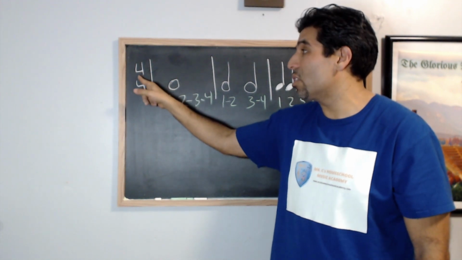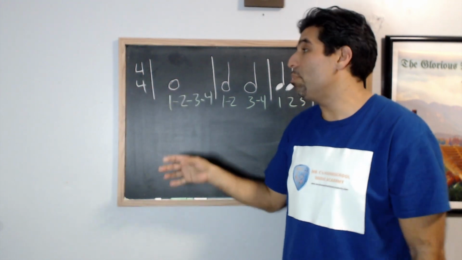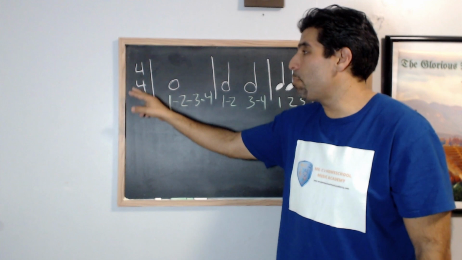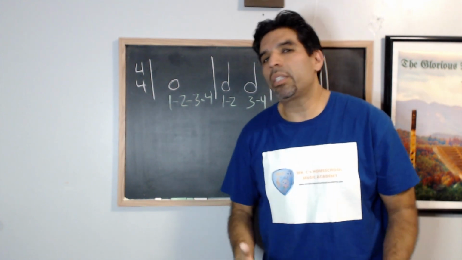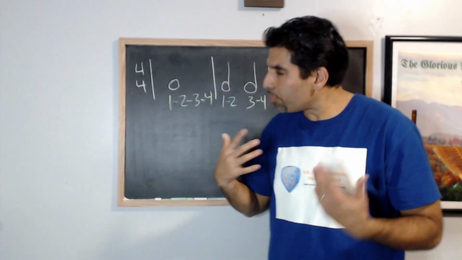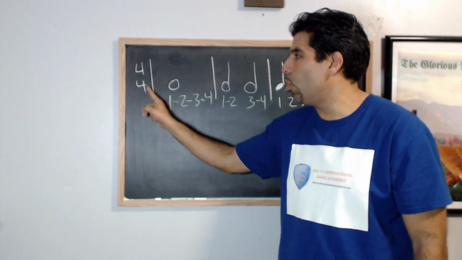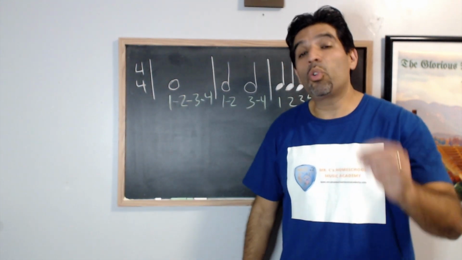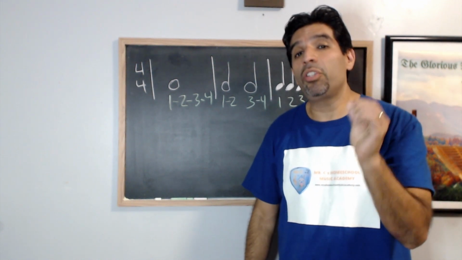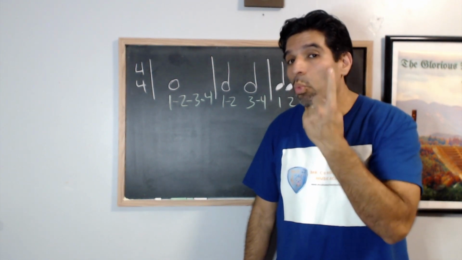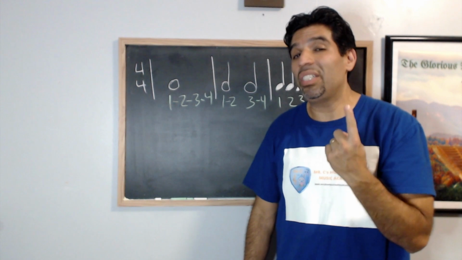In this case, it's 4. It must be 4 beats in each measure. But the bottom number is a little bit difficult to remember, okay? But if we look at it this way, the number 4 on the bottom is going to explain to us what kind of note receives the 1 beat. What kind of note receives the 1 beat,